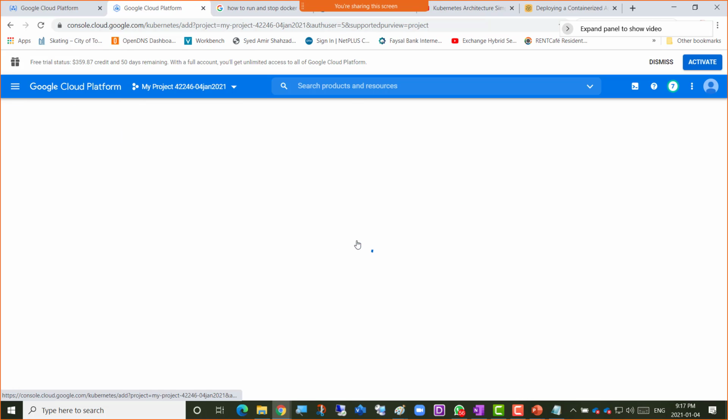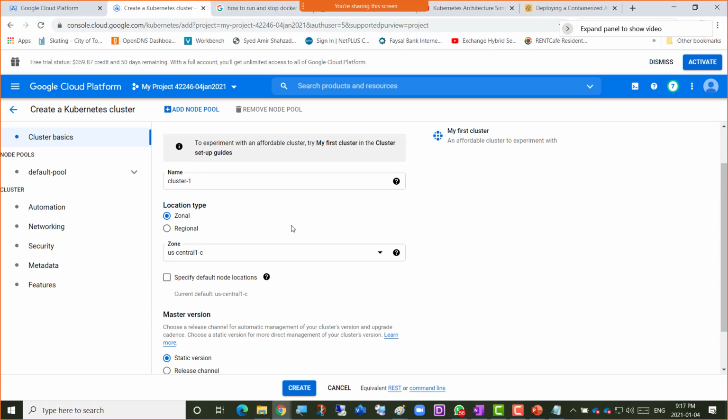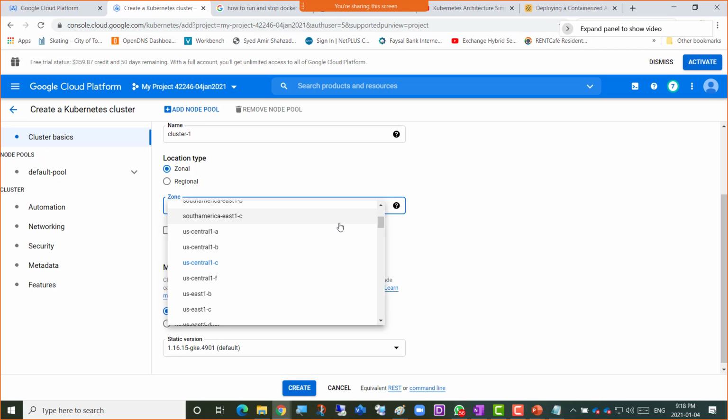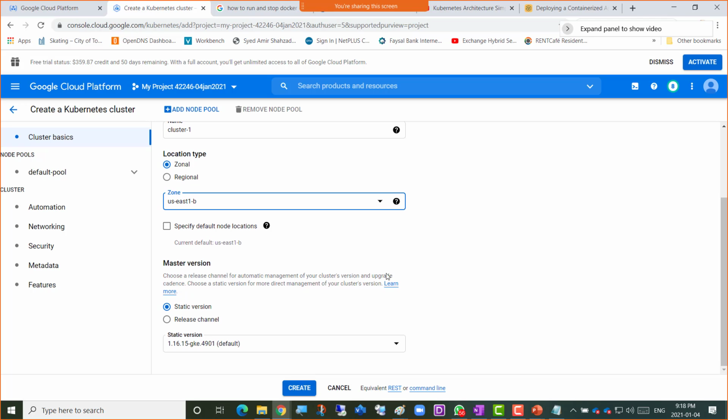So I'll go for create cluster. So it says cluster 1, and then do you want to go zonal or regional? So I'll go for on the zone level, and it is US East 1 B. I'll go for US East 1B, and